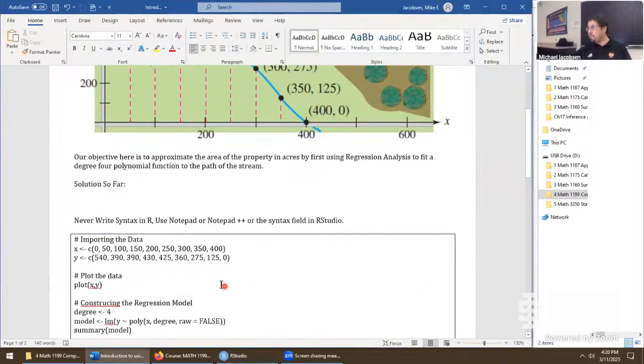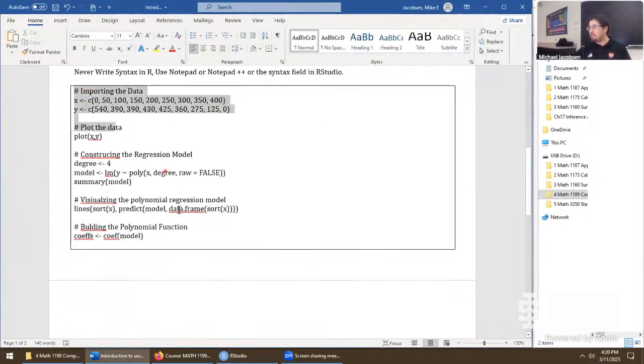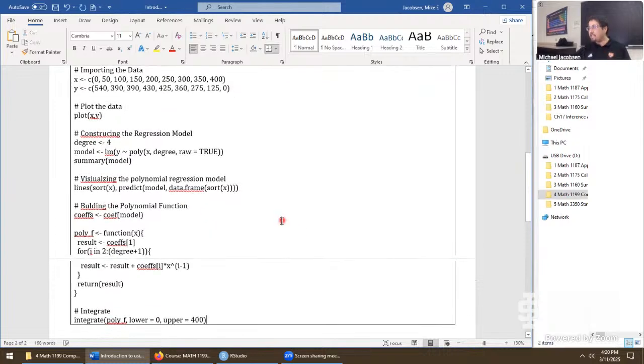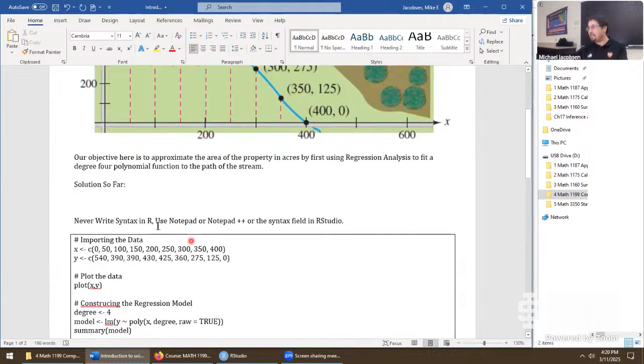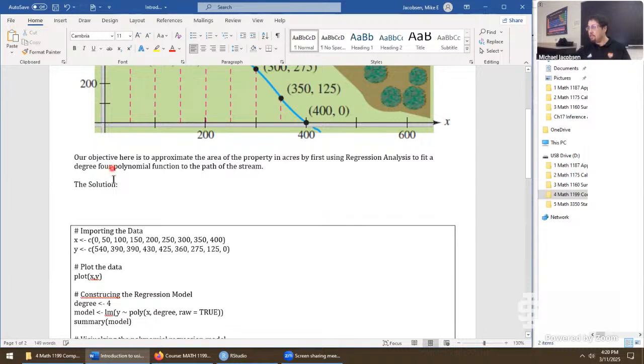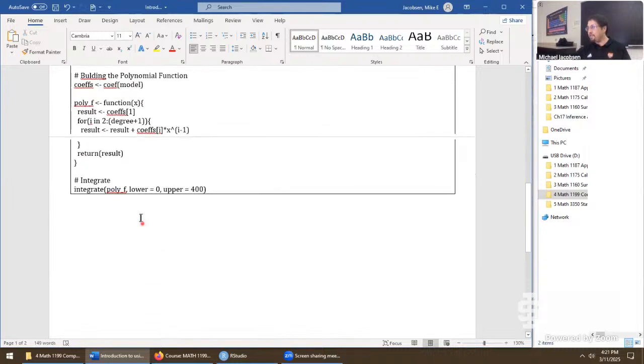But to finalize the problem, let's put the right syntax right here. Let's call this the solution. Maybe let's put the warning above. Or maybe under.